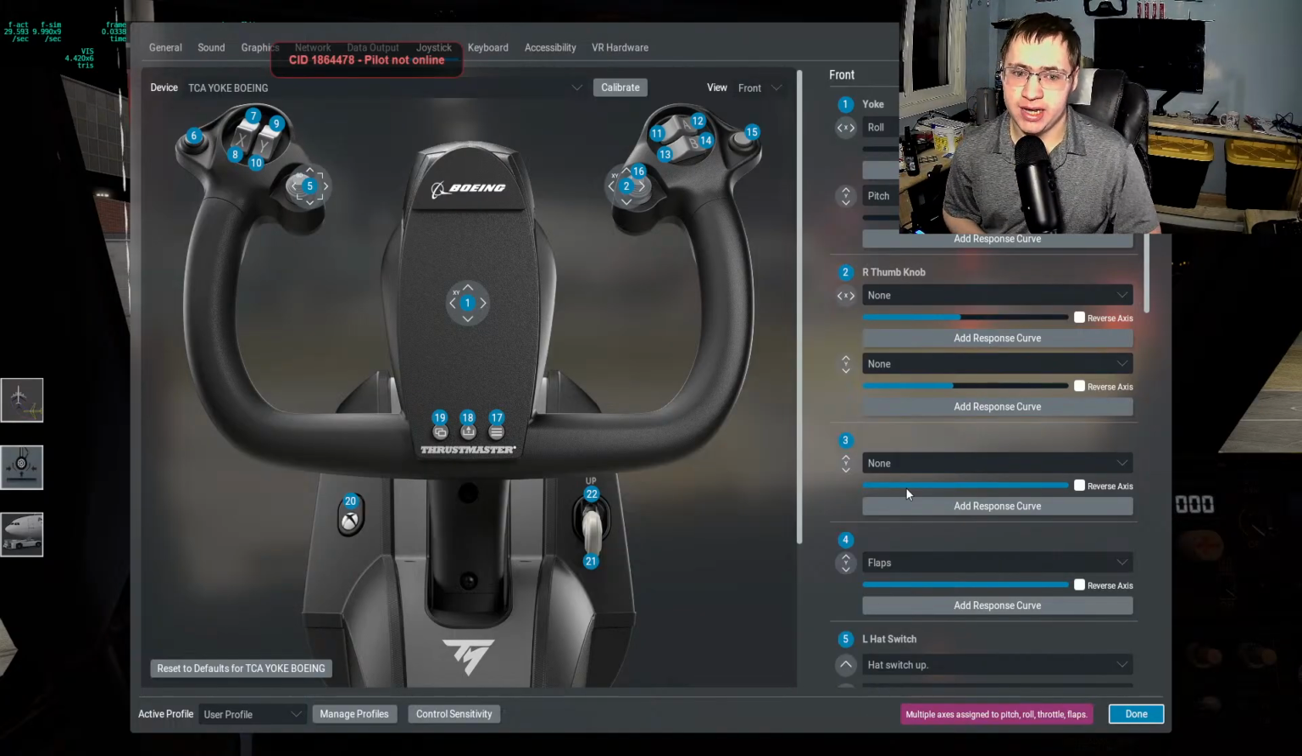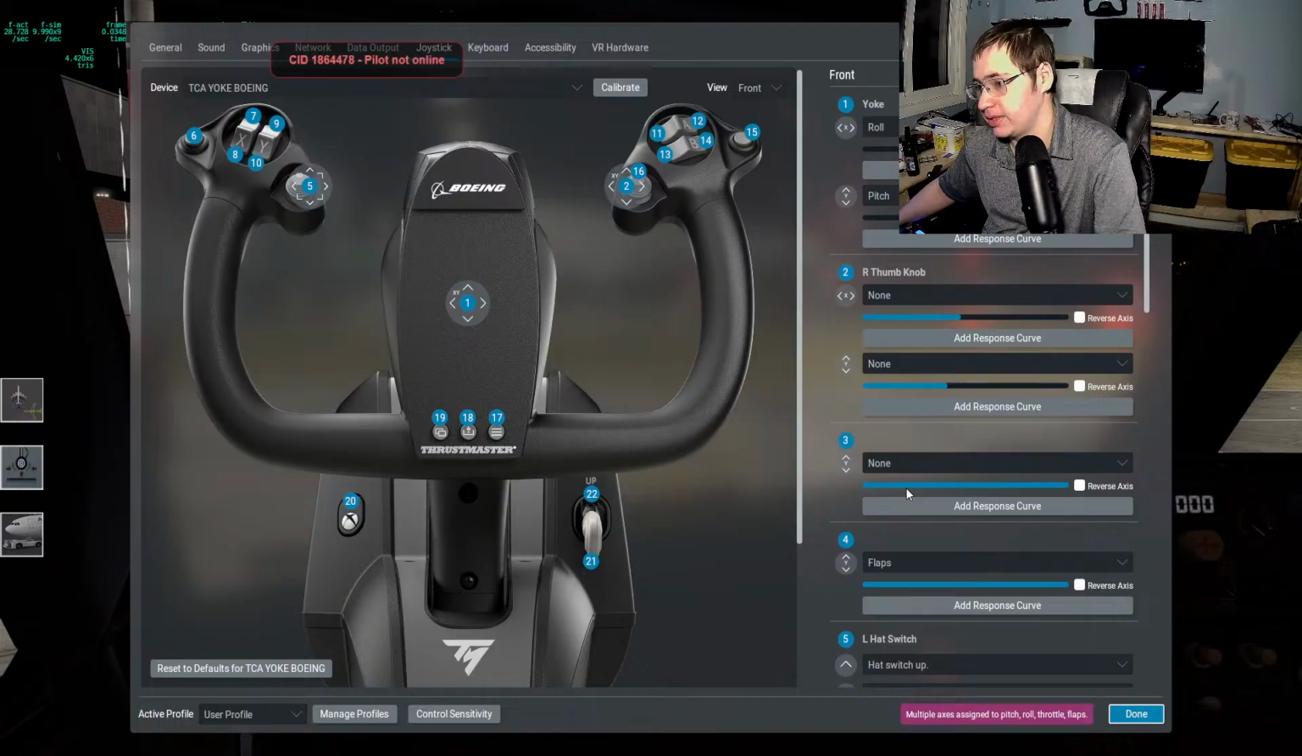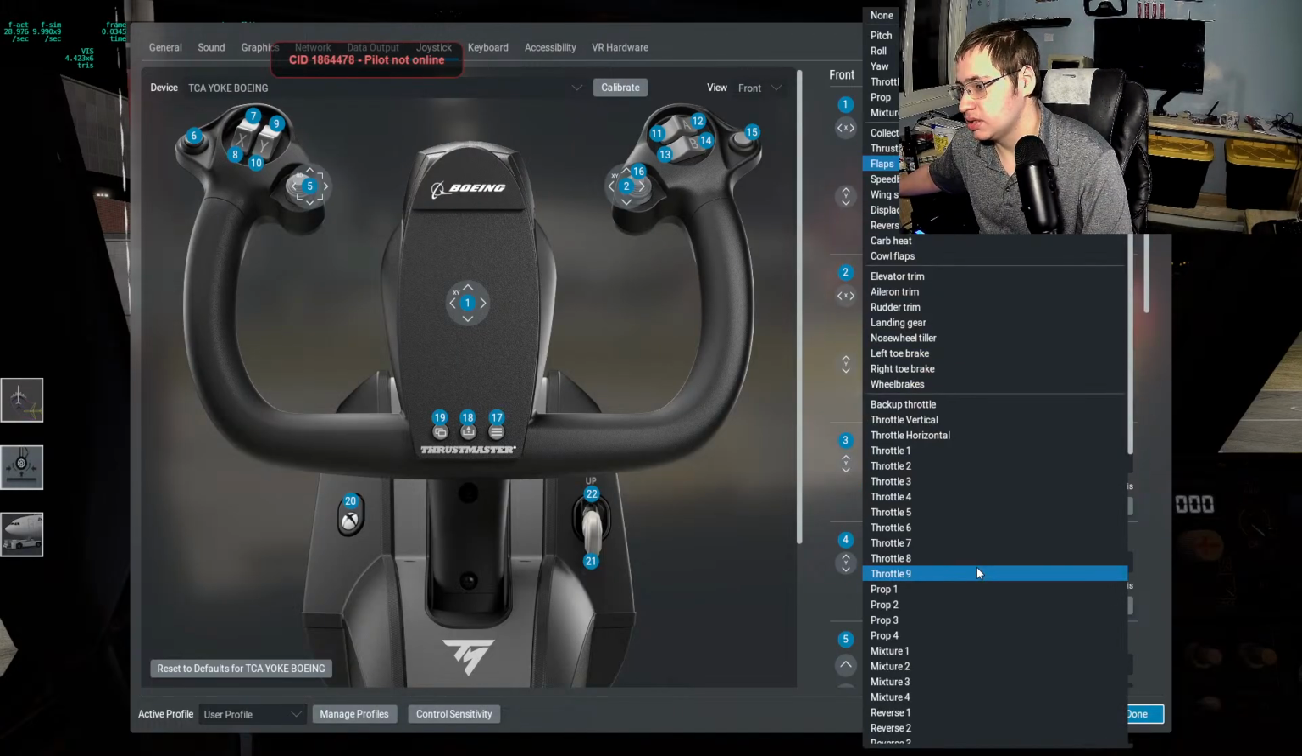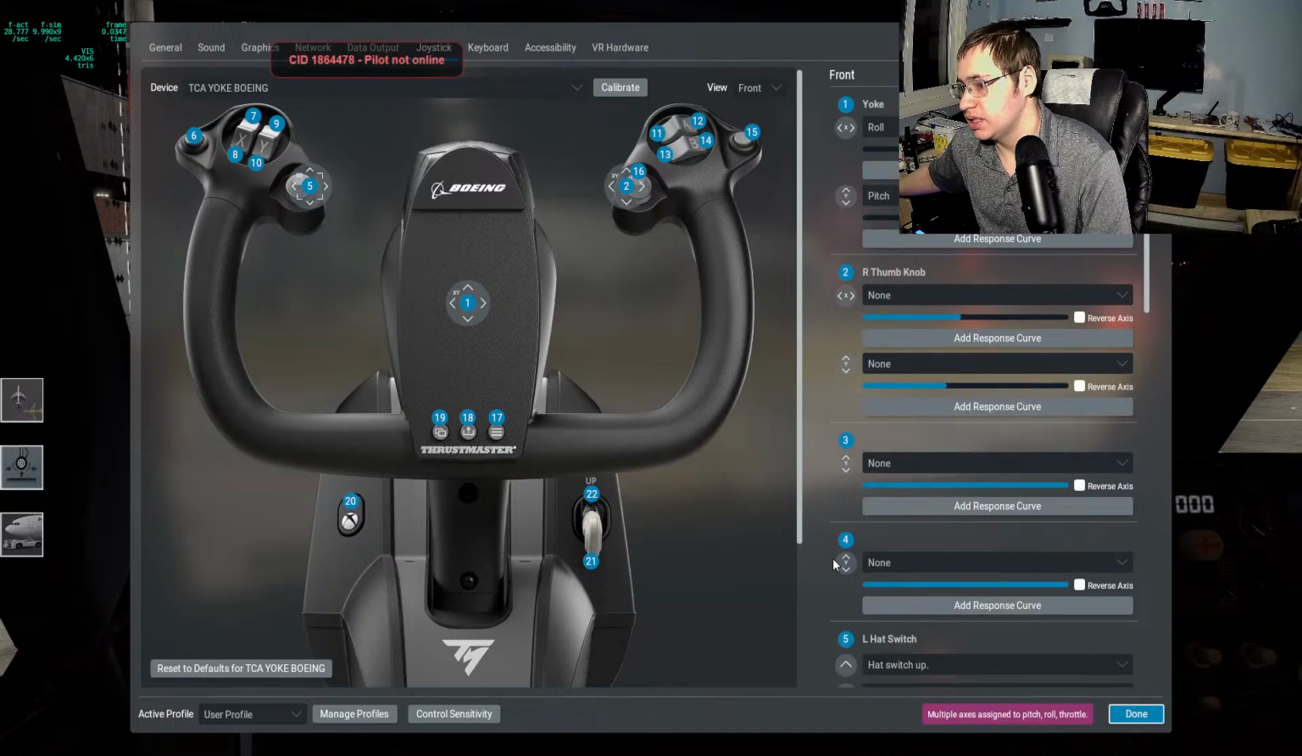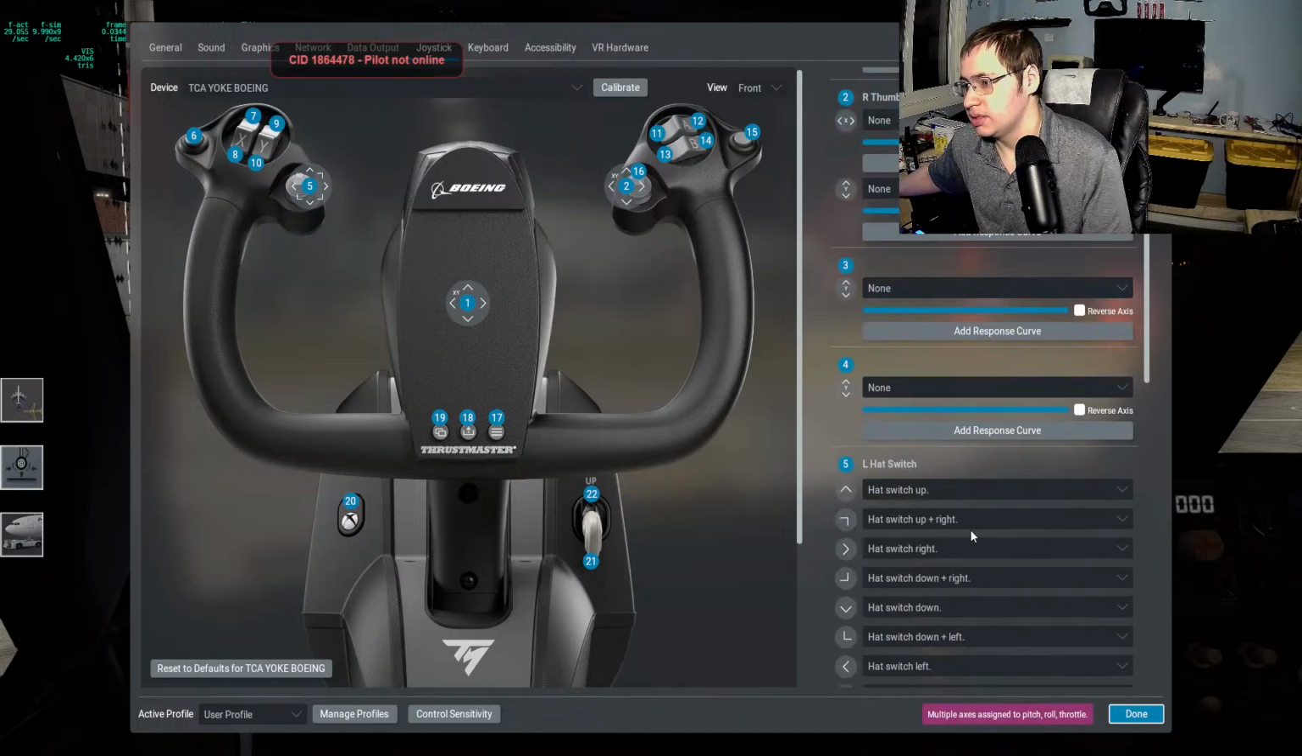Have you purchased the 777? Have you purchased the 777 out of curiosity? Because that is highly recommendable. Right, let's see here. This gets set to none. And then